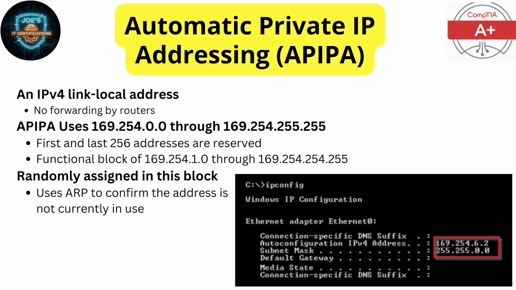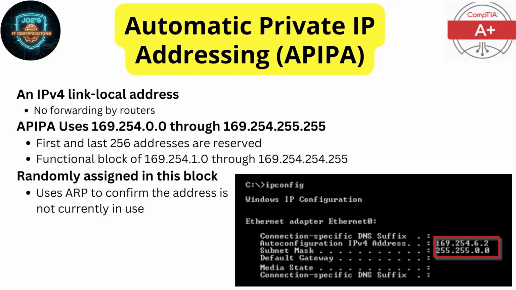The APIPA standard sets a block of addresses that could possibly be used for this link local address. This is a very large range. It ranges between 169.254.0.0 through 169.254.255.255. This standard also reserves the first 256 addresses and the last 256 addresses, which means the IP address that